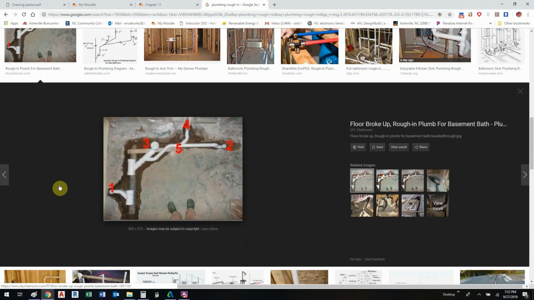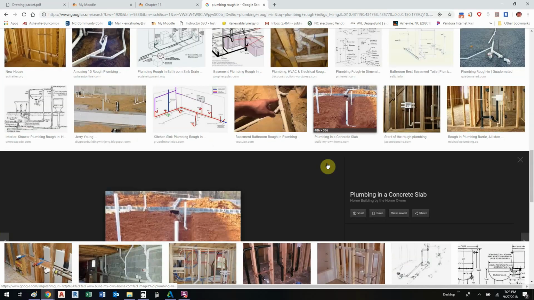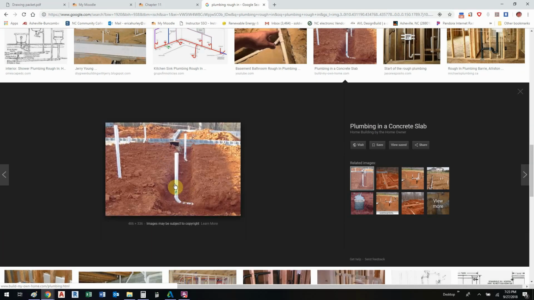Here's another view as well. Actually, this is where they busted it out and had to put it back in there. So yeah, if you do it wrong, this is what you get to do. You get to bust it out and put it back in. So try to get all of that done beforehand. One thing to note,